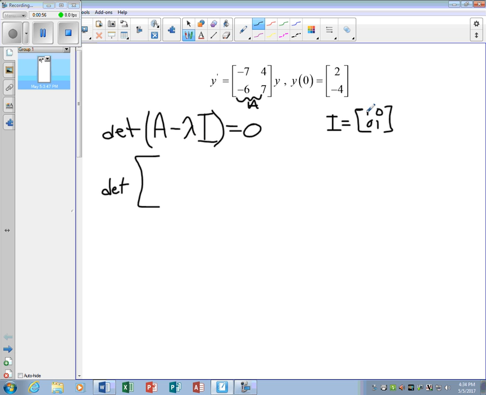So lambda times 1, negative lambda times 1 is 1, negative lambda, negative lambda times 0, 0. So I'm just going to write out here, negative 7 minus lambda. 4 stays the same, negative 6 stays the same, and then 7 minus lambda. Now all equals 0. So when we do the cross product, here we get this. So we got negative 49,